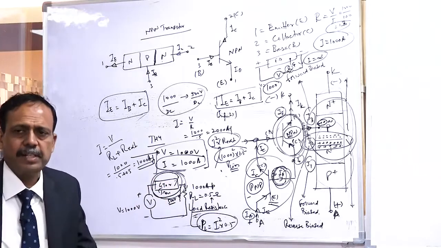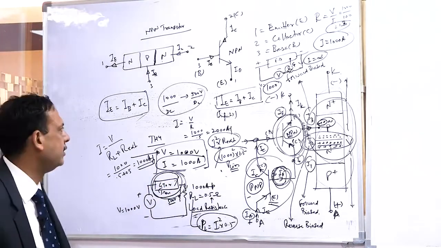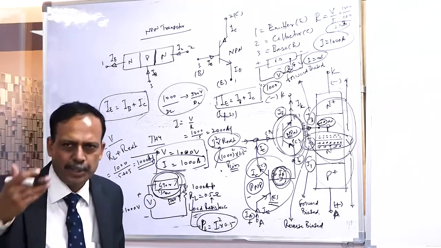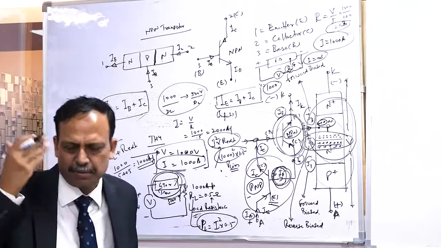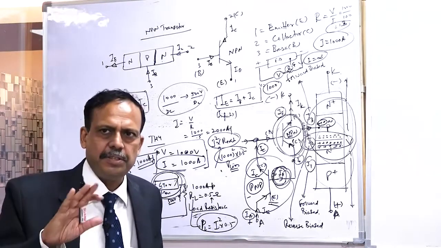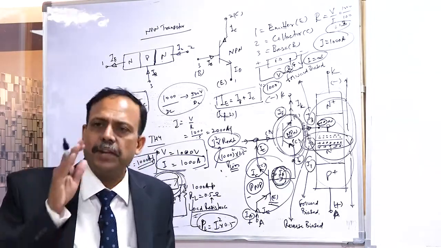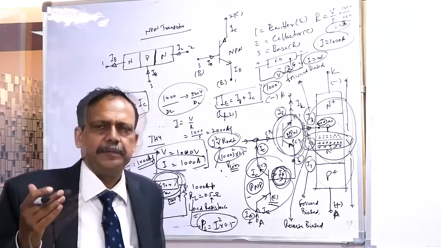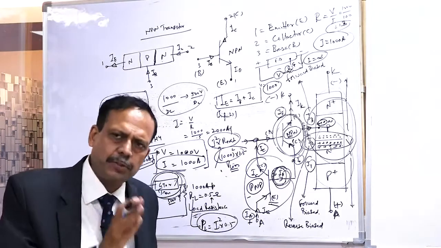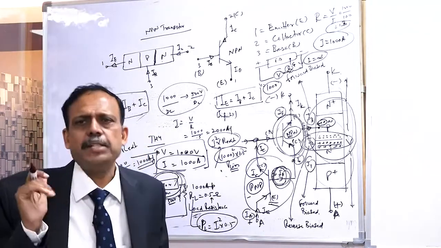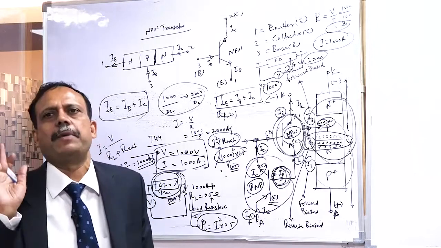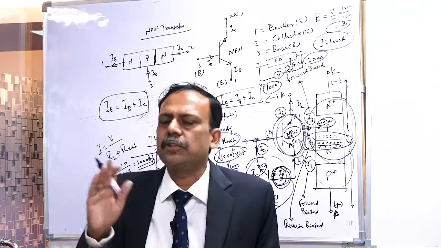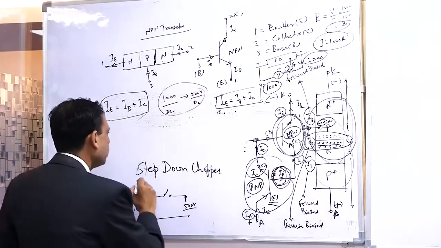What is the type of converter it is? Chopper, correct. Bakulji, you are right. So we are using a chopper. Which type of chopper? Anyway, I am going to discuss when the chopper will come, but just to give you a curiosity, chopper is always DC to DC. Fixed DC is converted into variable DC. It is converting DC to DC, that is okay. Fixed to variable is done, but what actually is it doing? It is reducing the voltage, correct Bakulji. So when the fixed voltage is reduced, what type of chopper is that? This is called step down chopper.